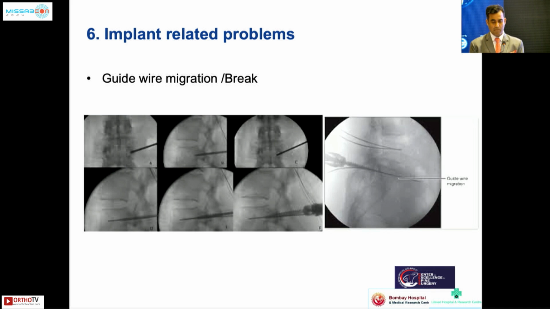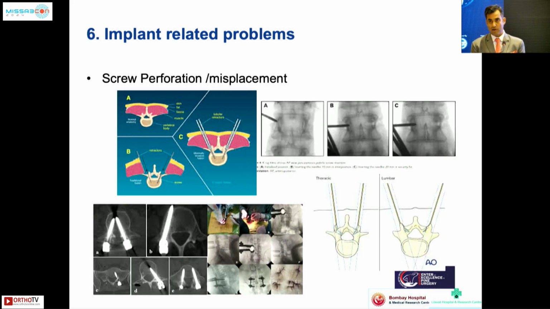Guide wire is the biggest enemy of an MIS surgeon, and that's why complete control on this is absolutely mandatory. It can migrate anteriorly, giving gut problems, perforations, vessel injuries, aneurysms, and if not problematic today, can become problematic at a later date because of the aneurysms which are not detected immediately post-op. And that's why try to have complete control. If possible, just take away the guide wire from your set and do guide wireless surgeries.